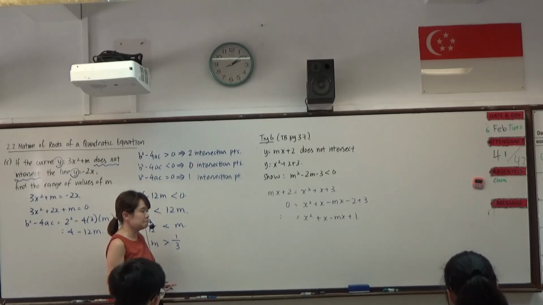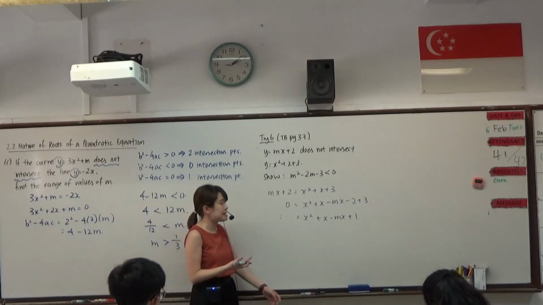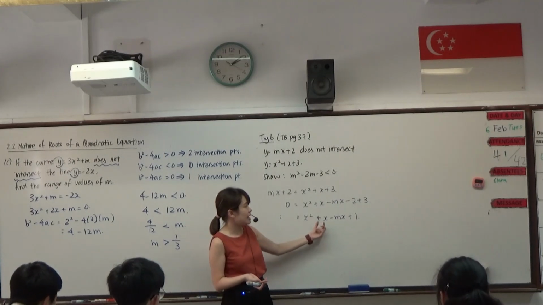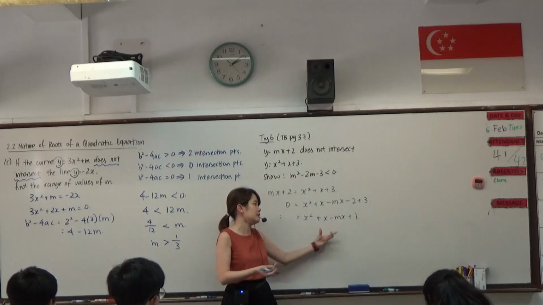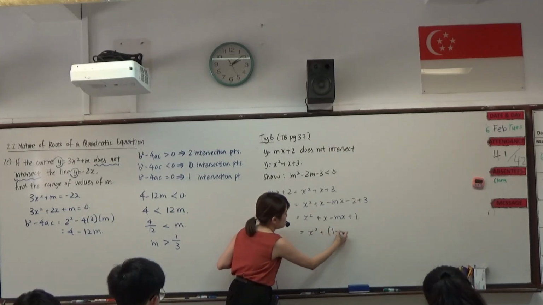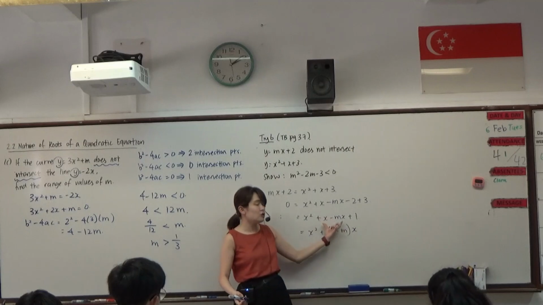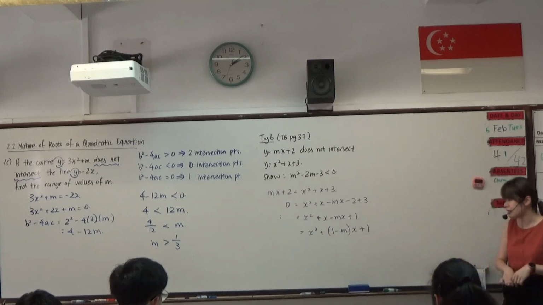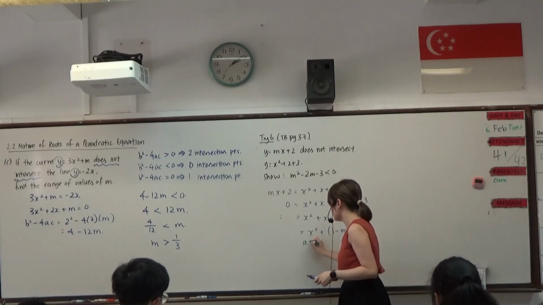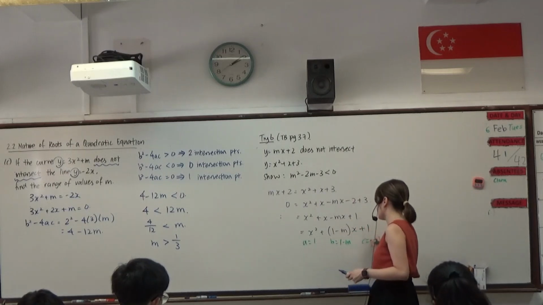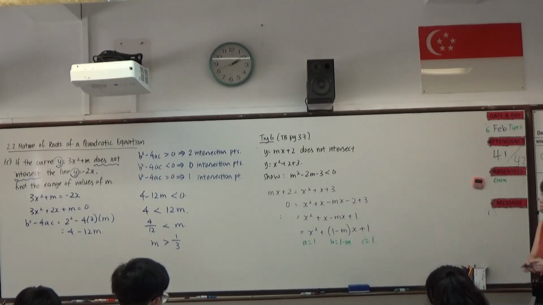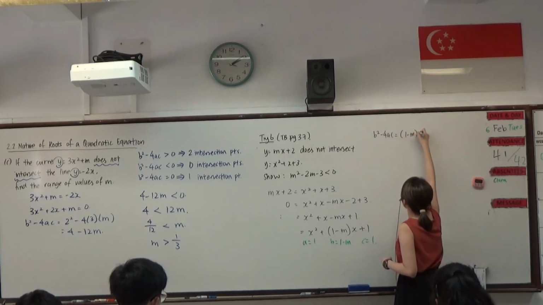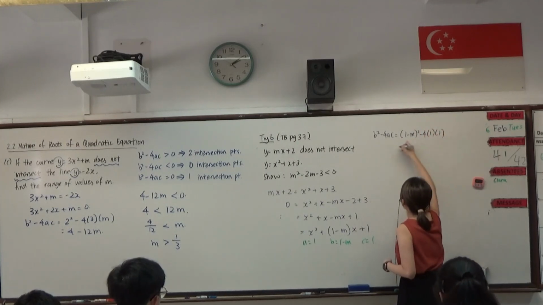However, we want to find the discriminant. We need to identify the A, B, and C. A is the coefficient of x squared, which you can see very easily. B is the coefficient of x, which maybe for some of you, you don't see as clearly. So you may want to know that you should factorize out the x to get your 1 minus m. Then you get plus 1. Then you can see very clearly for yourself that your A is 1, B is 1 minus m, C is 1. So the discriminant we get